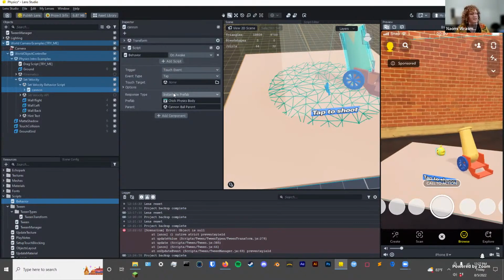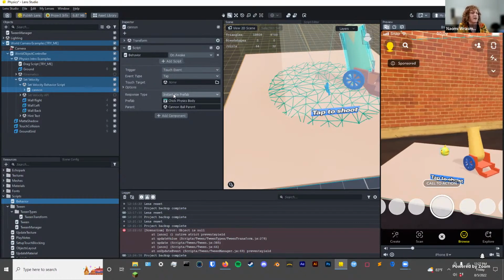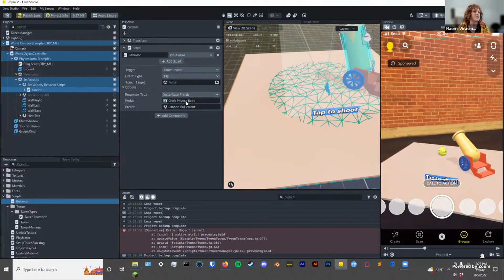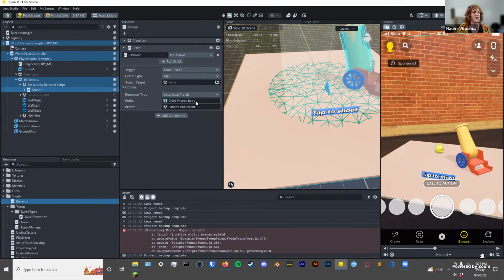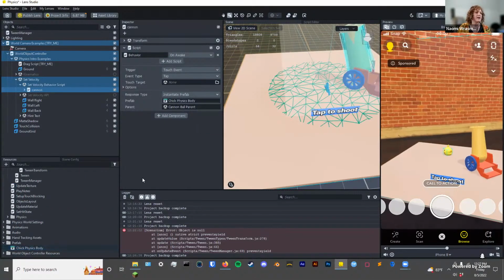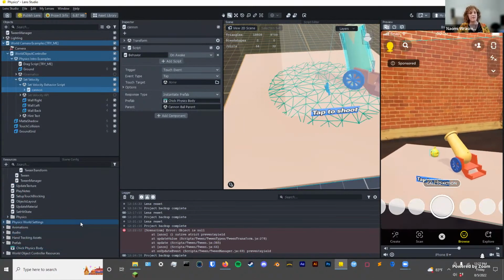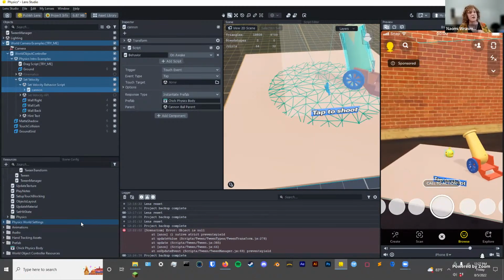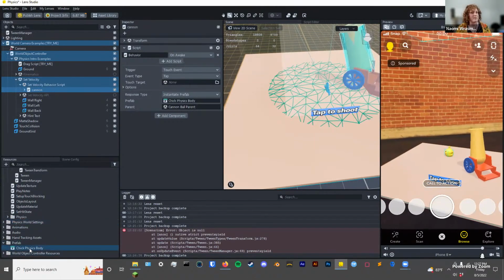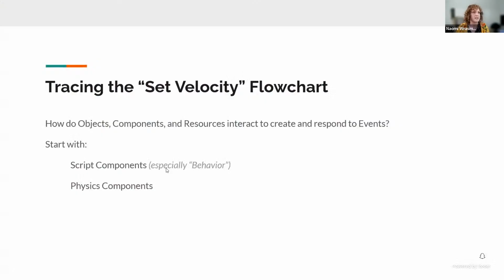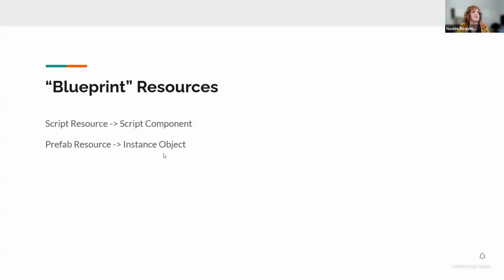And its response is pretty interesting. In this case, we are instantiating a prefab of this chick physics body. And so I'm going to highlight that as well, because in a similar way to how the script file is a blueprint for the script component, a prefab is a blueprint for an object or a group of objects. So we've got these kind of blueprint resources. A major function of the resources is that they can often be used to replicate things in your scene multiple times,